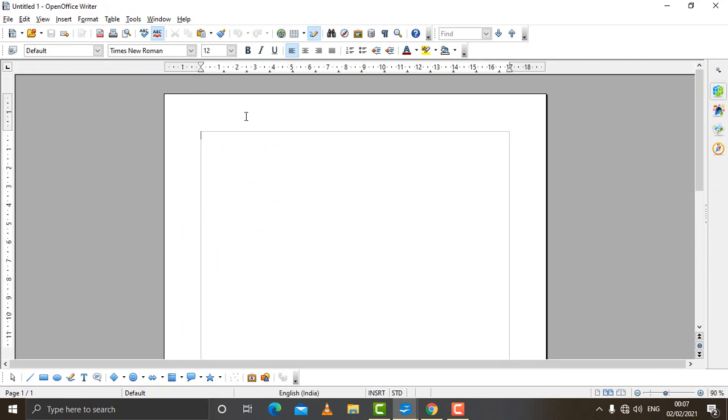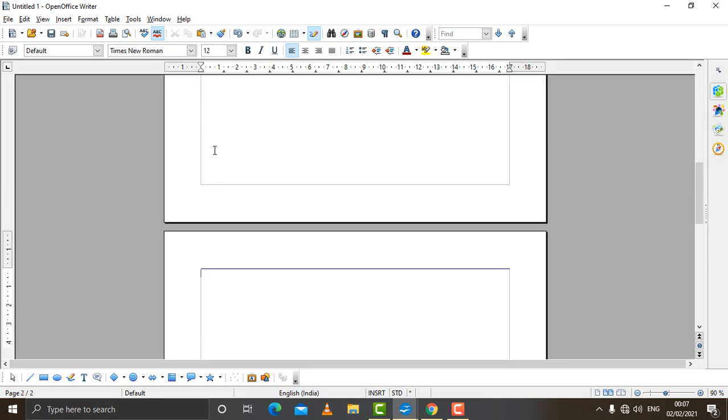The very first thing you need to do is leave the first page and come to the next page. So press Control Enter to come to the next page. Control Enter, you are on the next page. Type the first heading. Let the first heading be Computer.